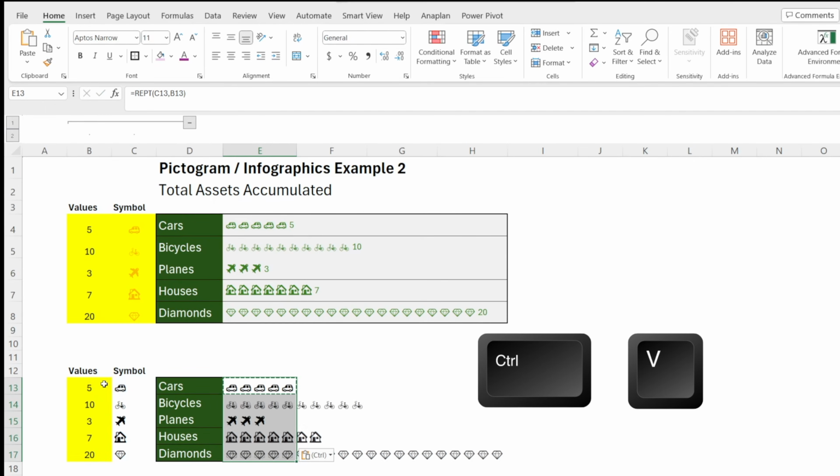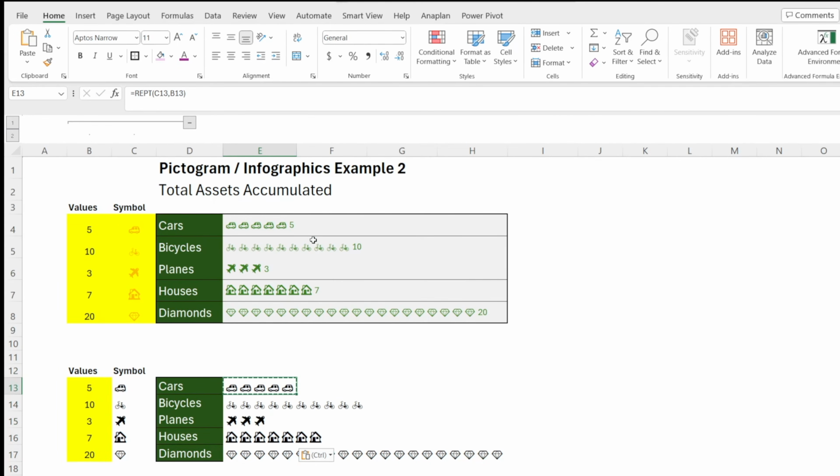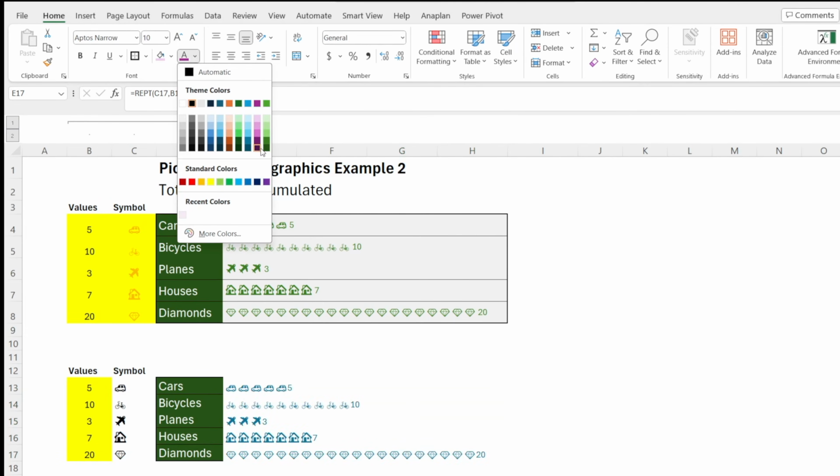And then Control C, Control V. And if you want the number, just like before, just add N and add values. Look at that, how easy it is to create infographic in Excel. Just like before, you can highlight it and then change the font, make it a bit smaller, change the color